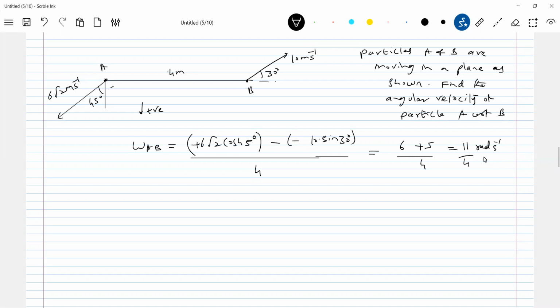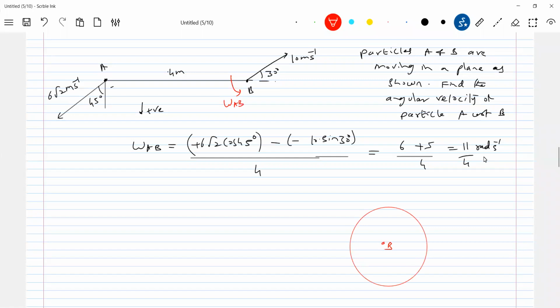What about direction? What we are discussing, angular velocity of A with respect to B, B is the reference, no? So shall I put direction here? Will all of you agree? You have taken just B as reference. See, I'm getting confused, sir.